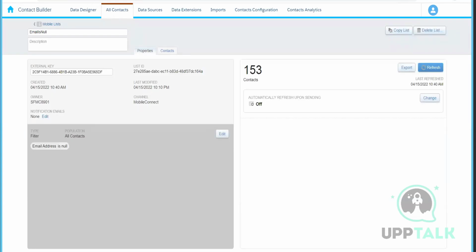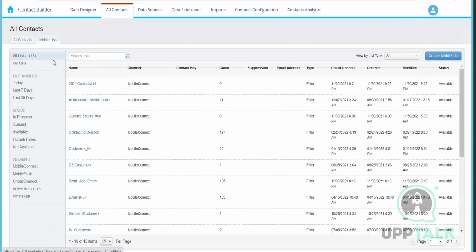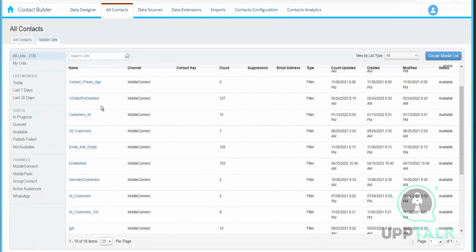So out of 737 customers, 153 customers do not have an email address. And it's now your call and your management's call to decide whether you need these 153 customers or not. If they tell you to delete them, we cannot delete from here. What we have to do is,